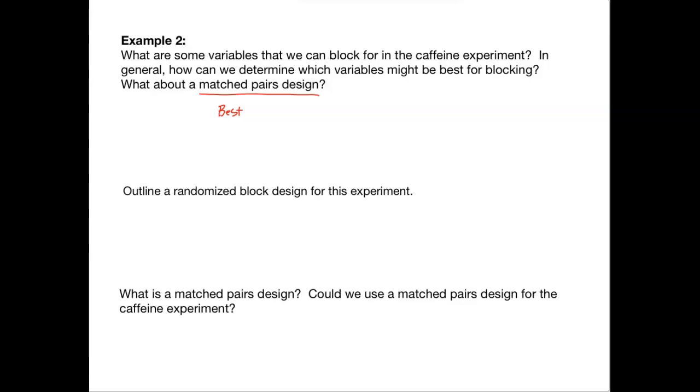But if you were going to do an experimental design where you didn't use matched pairs, you could block for things like mass, like body weight. If you wanted to, you could do, I don't know, general caffeine consumption. So you could survey people on,